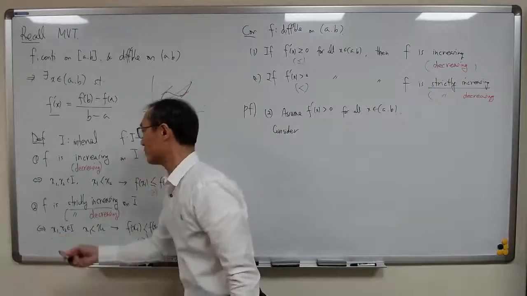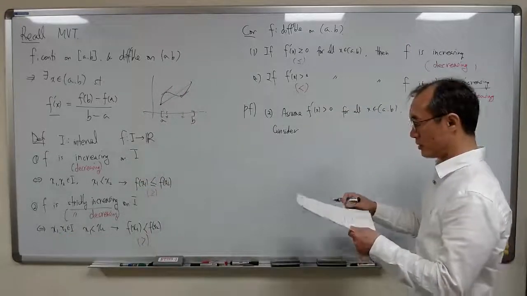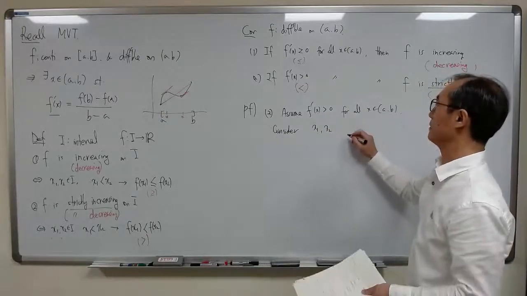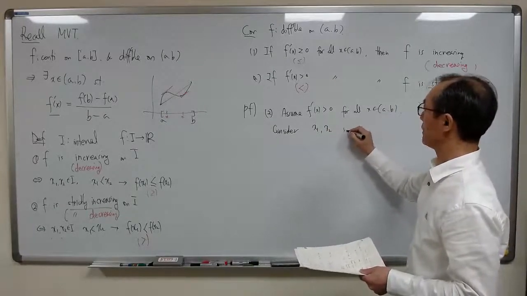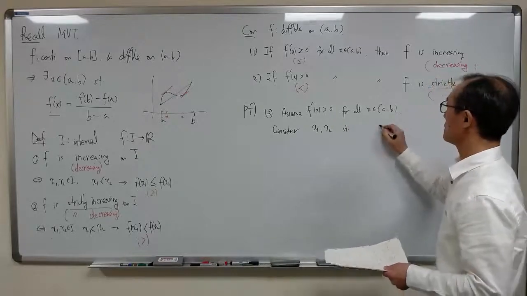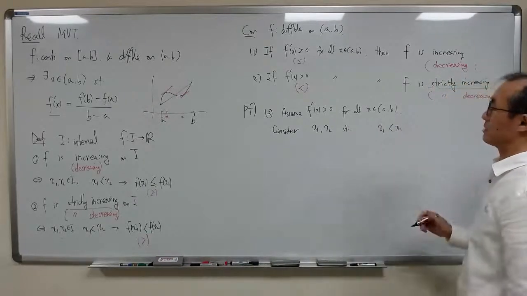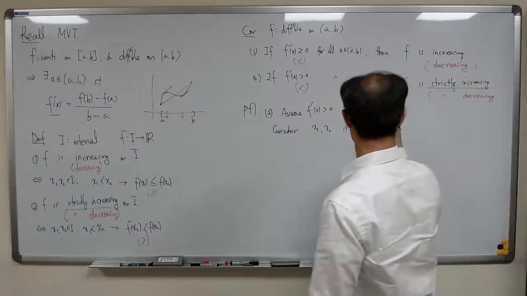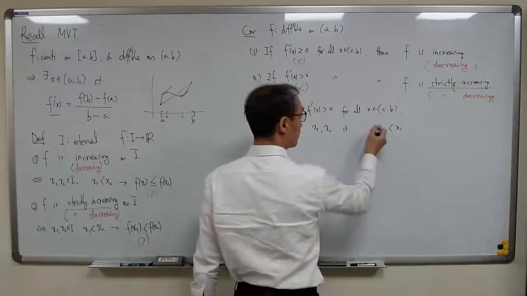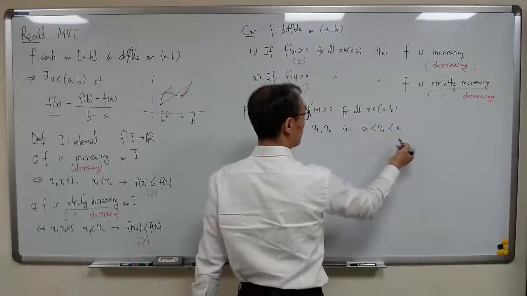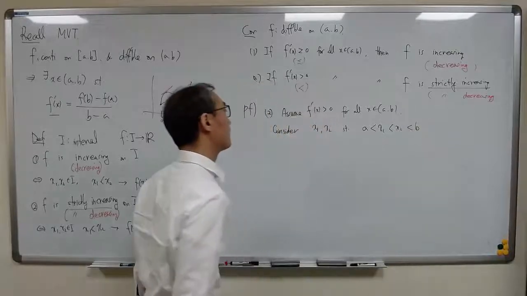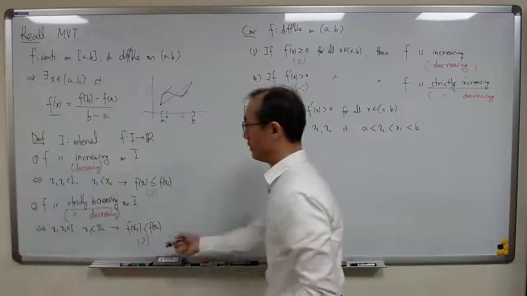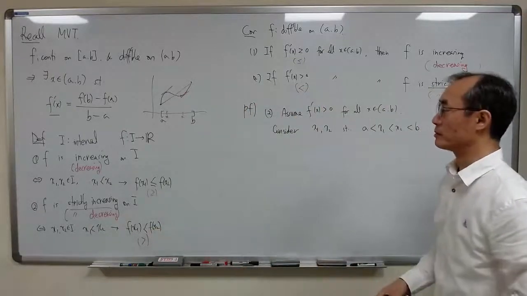we need 2 points x1 and x2. So let's consider x1 and x2 such that x1 is less than x2, and both of these points should belong to the interval from a to b. So x1 must be greater than a, and x2 must be smaller than b. So let's choose those 2 points and compare the corresponding values,